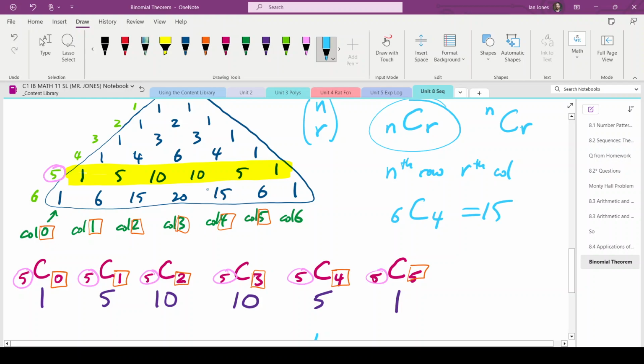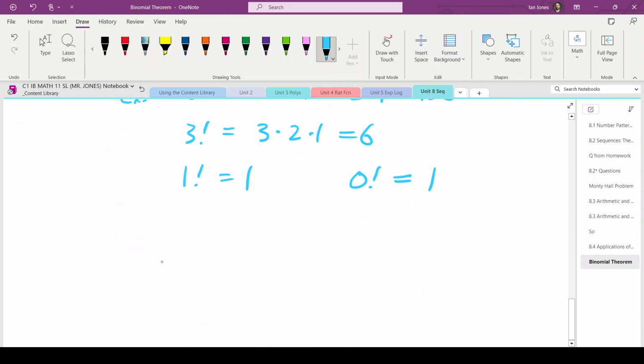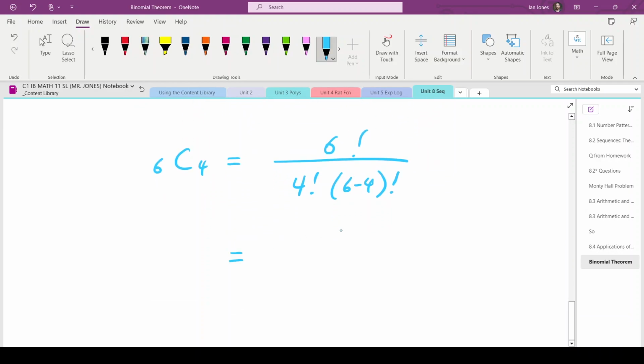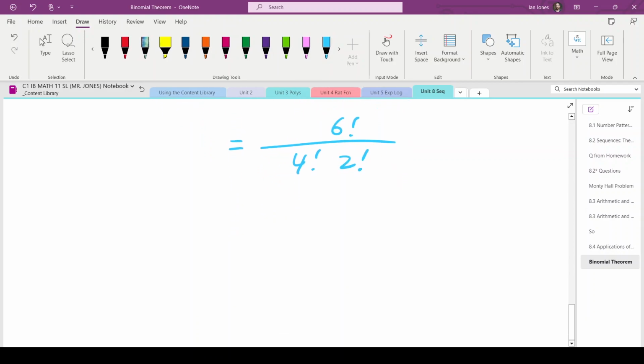Okay, so coming back up here, if I had 6 choose 4, yes, the answer is 15, and I can get that from Pascal's triangle, but I can also get it by using the formula. So if I had 6 choose 4, this is 6 factorial, n factorial, over 4 factorial, r factorial, times n minus r factorial. Whoops, I forgot to just make that a 6 minus 4. 6 minus 4 factorial. Okay, so this is 6 factorial over 4 factorial, 2 factorial. And in practice, the easiest way to calculate this, if you don't have a calculator, of course, is to say, look,